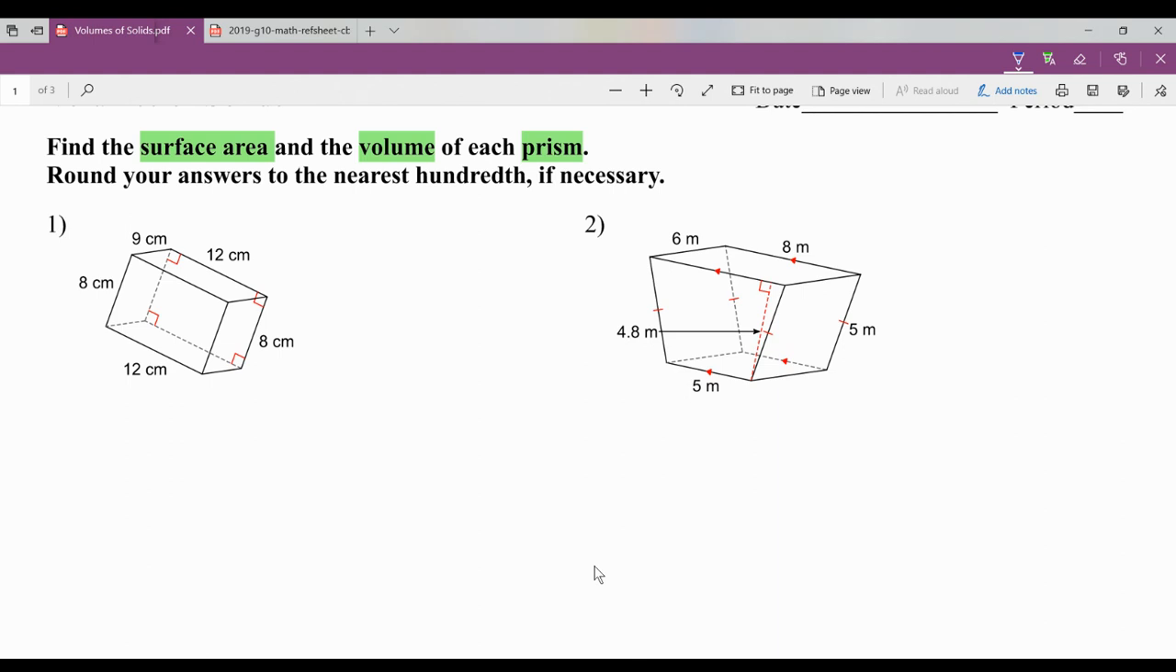Hello there. We are going to talk about one of the few remaining topics, something that would have been on the MCAS this year if the MCAS had happened. Surface area and volume. I know some of you have done some of this before, so some of this might be review, but